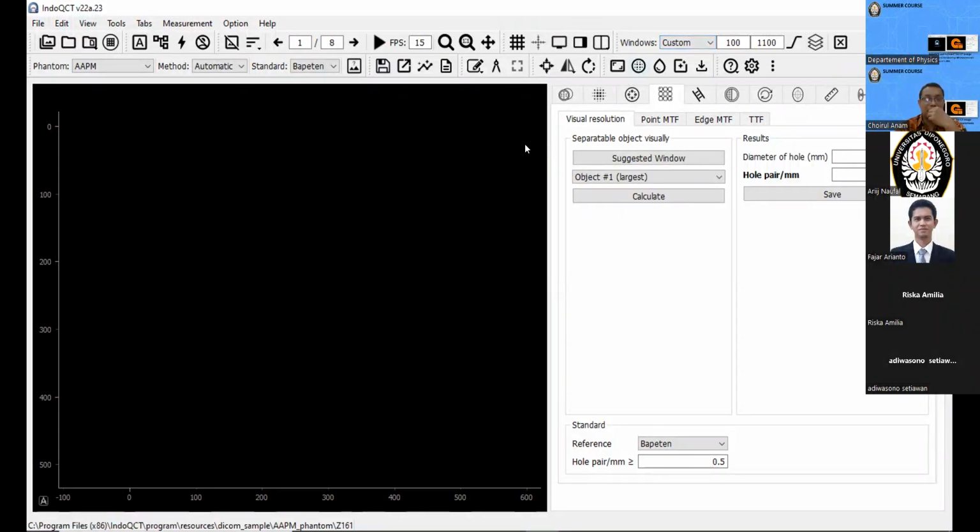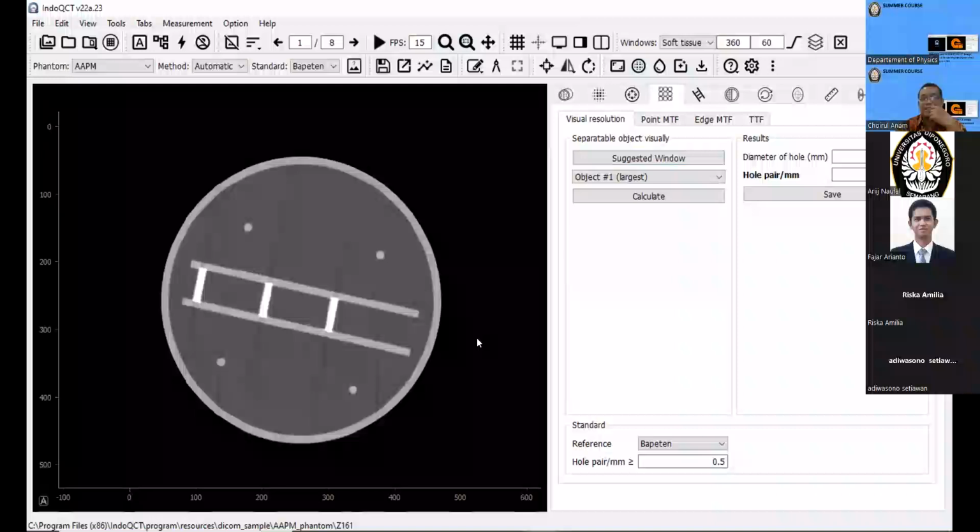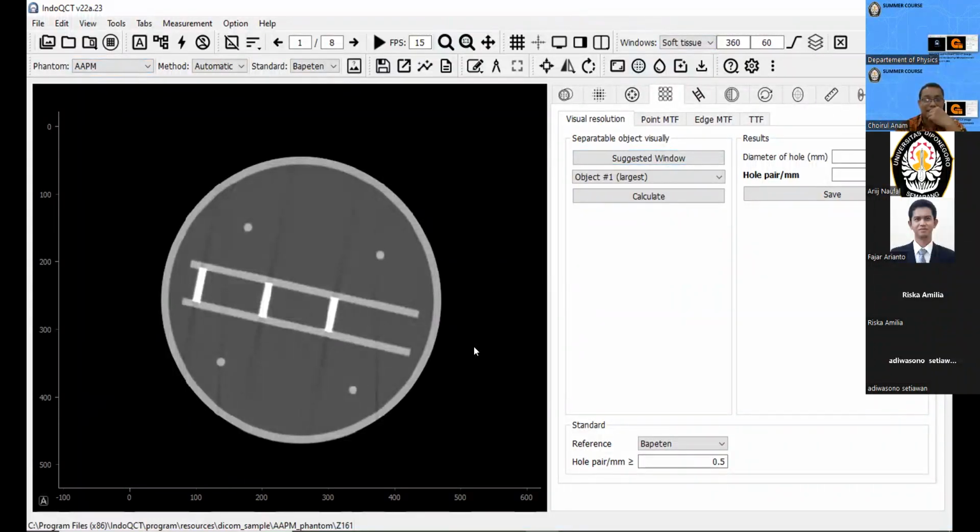For the AAPM Phantom, we can use this window, or use the suggested window. By clicking the suggested window, this comes back to, in this example, the soft tissue. And we move to another slice.